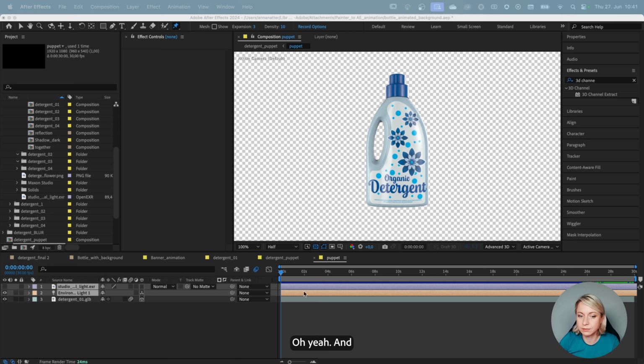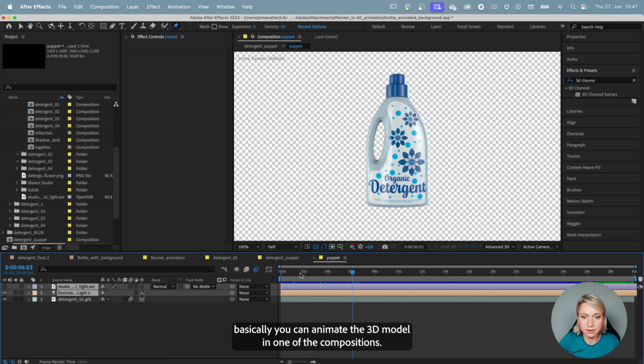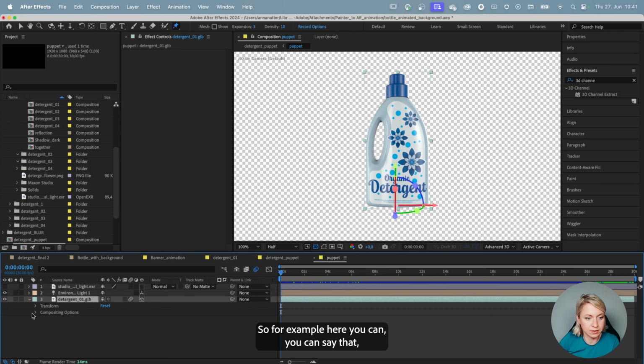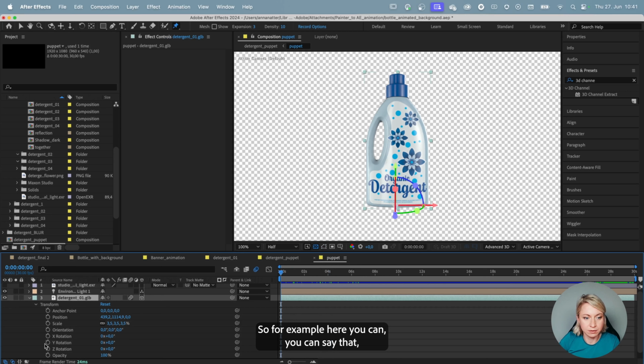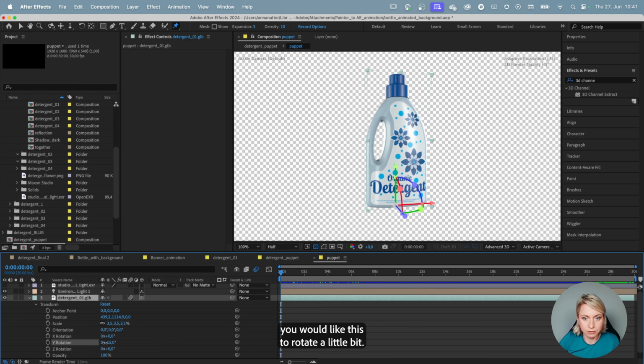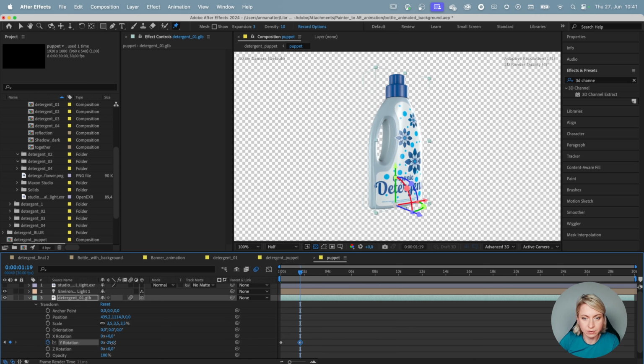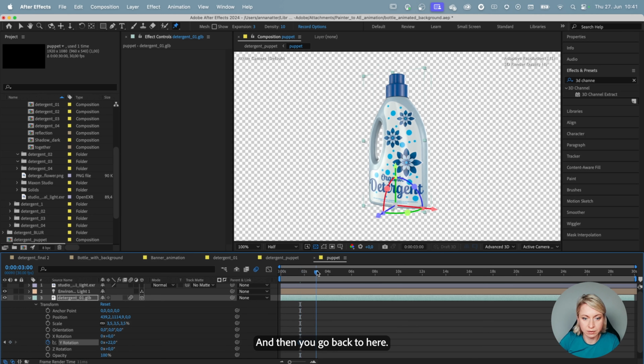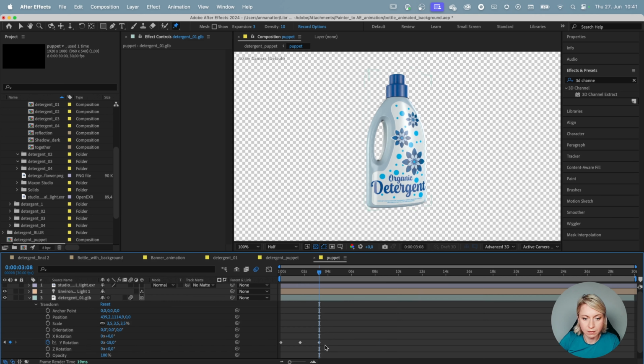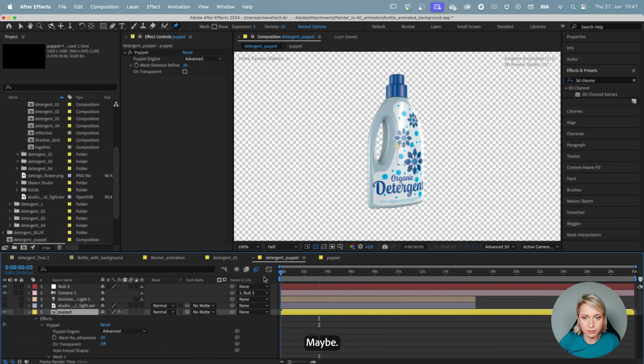Oh yeah, and basically you can animate the 3D model in one of the compositions. So for example here, you can say that you would like this to turn around, and then, oh sorry, not scale. You would like this to rotate a little bit. So for example, you want this whole thing to rotate back and forth like this, and then we go back to here, maybe.